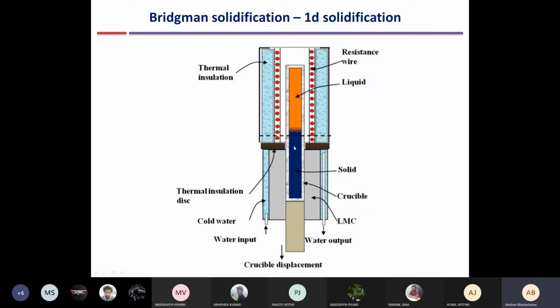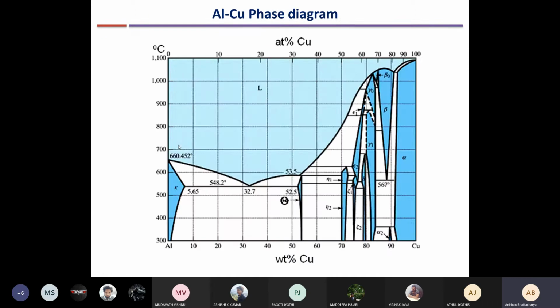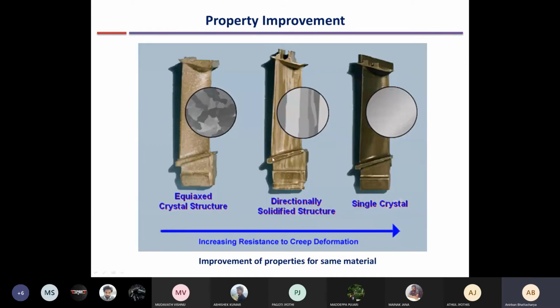Okay, so as a result, the entire solidification is located in a very thin region like this. It is shown wrongly here, but actually it will occur somewhere around here. Whatever initial grains are formed, they only elongate. No new nucleation can occur because nucleation cannot occur in the very hot region, and obviously in the solid also nucleation cannot occur. So whatever initial nuclei have formed, they will only grow, and they have space for growing for the entire length of the material. That's why we get an elongated microstructure like this.